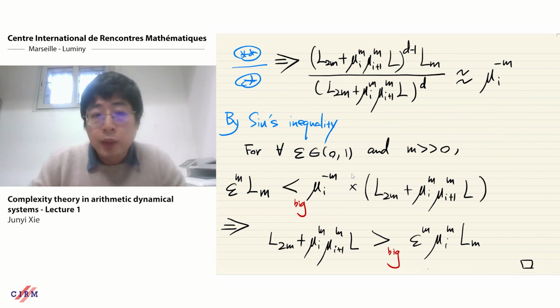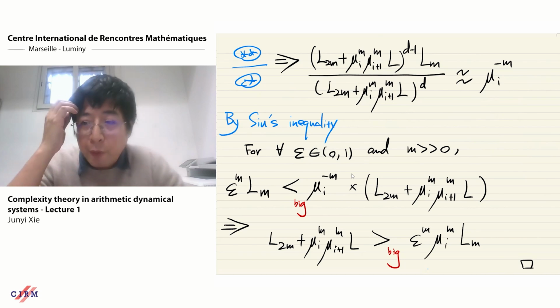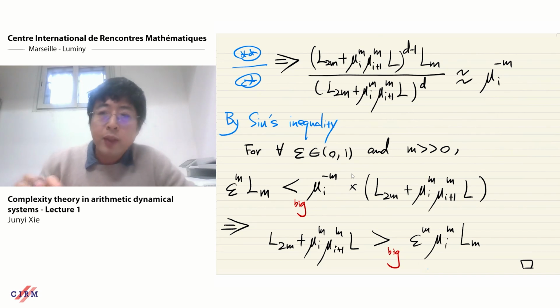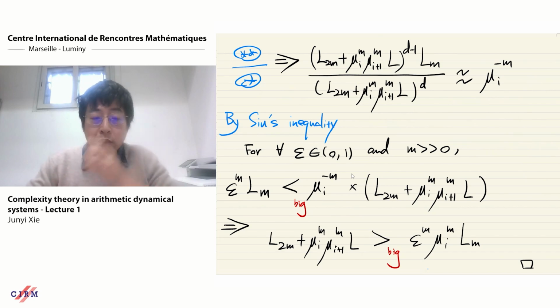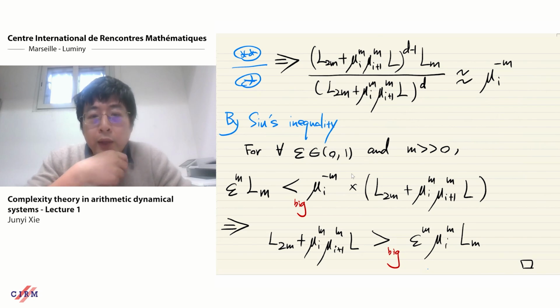Now you can apply the Schulze inequality. By the Schulze inequality, you show that for every epsilon in (0,1). Okay, maybe I need to explain. Usually we use epsilon to be some number very close to zero. But in all my talk, epsilon in (0,1), you think of it as some number very close to 1, but smaller than 1. Then for every epsilon in (0,1), and m sufficiently large,